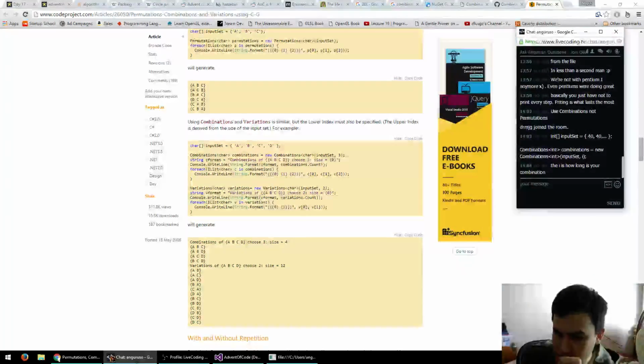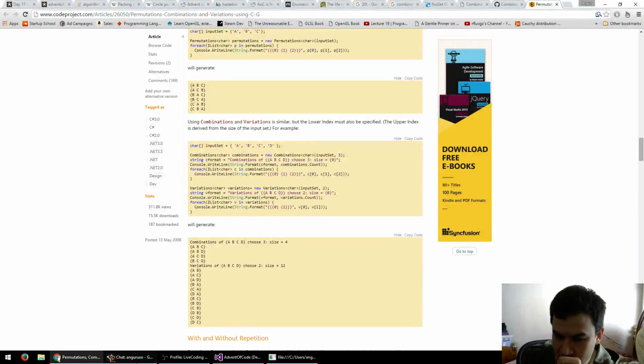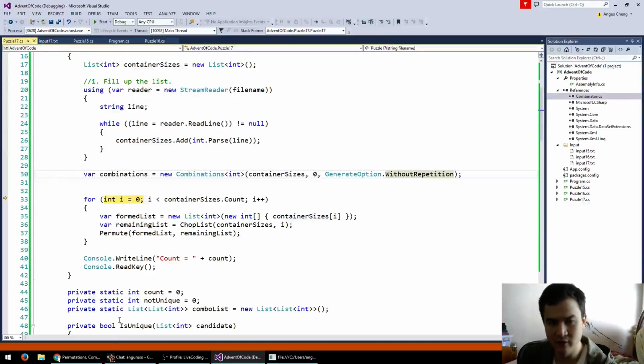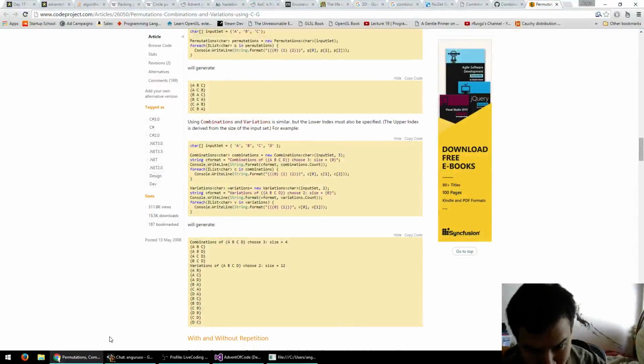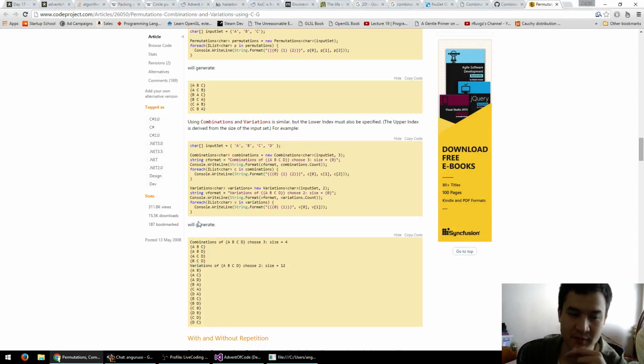Oh, okay. Well, we don't really know. Why do I have to put it in a loop? Yeah, no, the I is how big the combination is, but then we want all combinations. That's a good point because